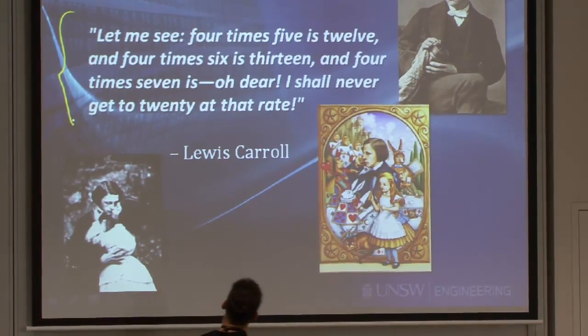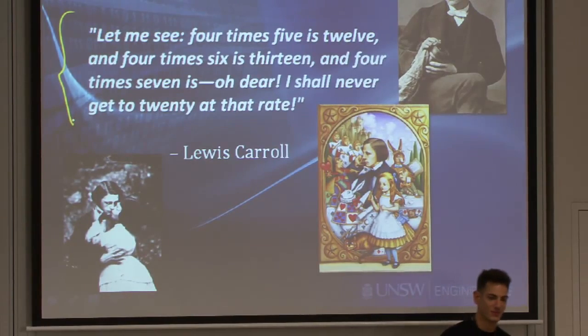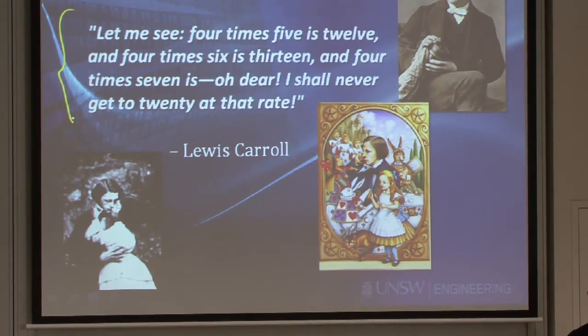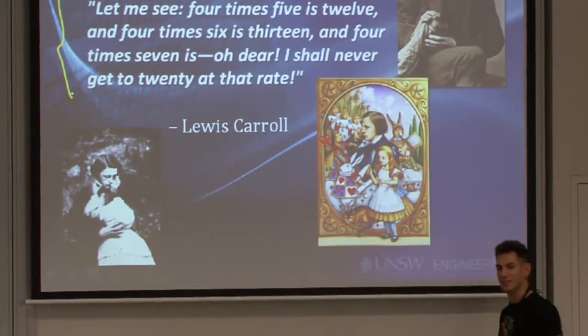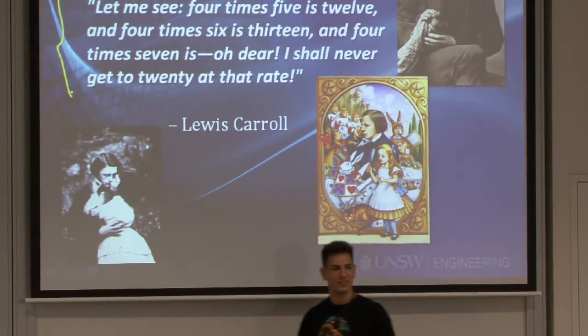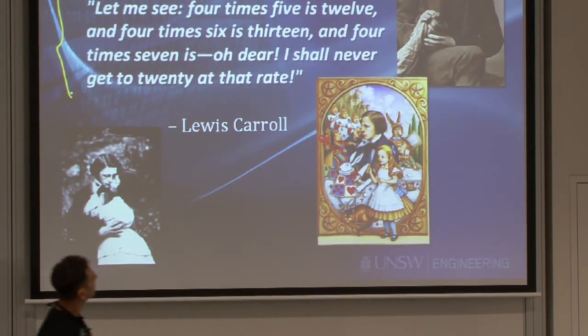No, 4 times 5 is 12, then he's saying 4 times 6 is 13. And for the next number, he would say 4 times 7 is 20? No, but we'll never get to 20 at this rate. So he's increasing by what? It's a bit of a puzzle. What would be the next one in the series? How much is